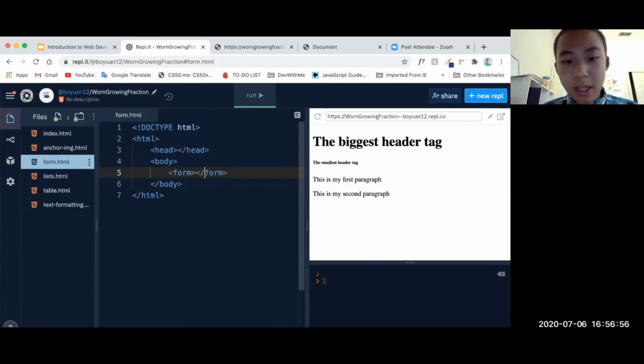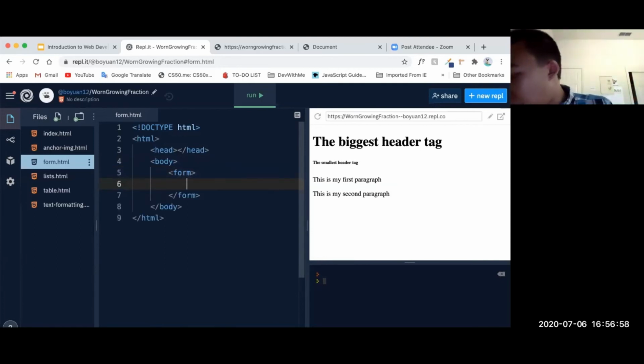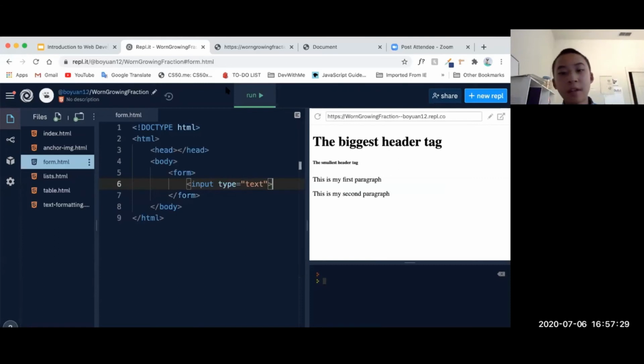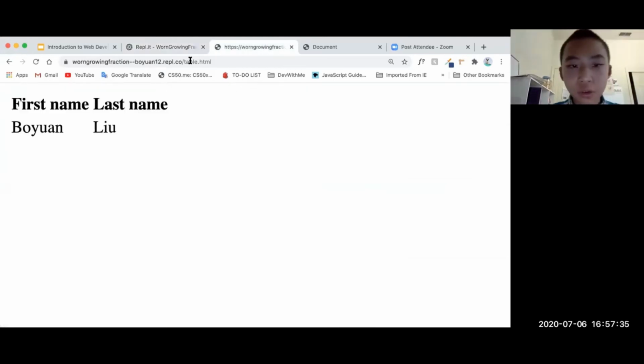And then within that HTML element, let's first create a simple input field, where you can type your name. We're going to try to create a contact form. So in here, I can say input type equals text. You can also specify different kinds of input type. You can say input type equals number, or date for choosing a date, etc. And as you can see, we also don't have a closing tag for input because there's no need for one. And then here, if I go to form.html,